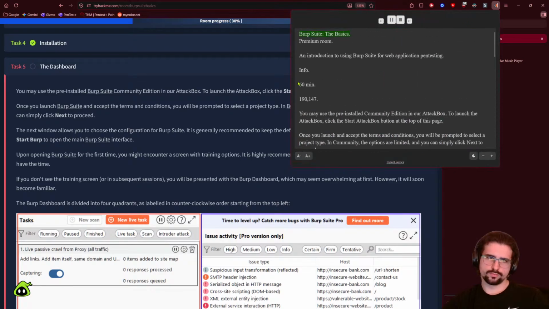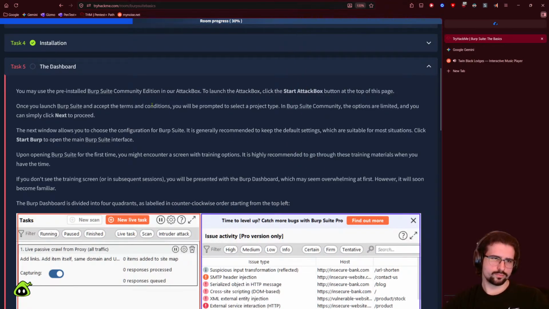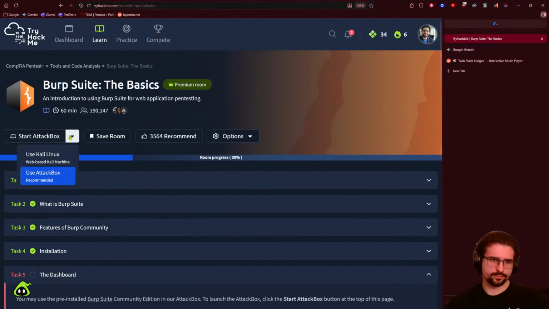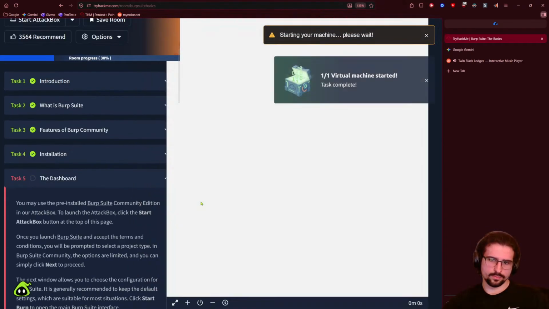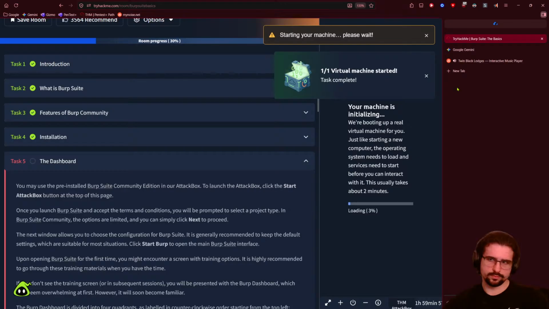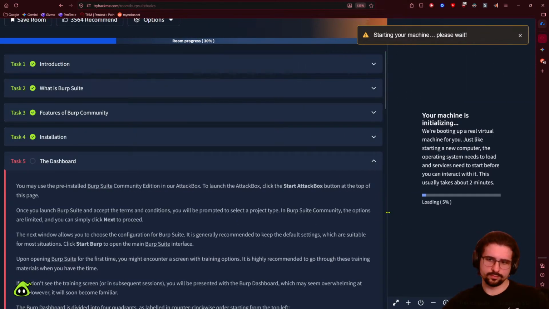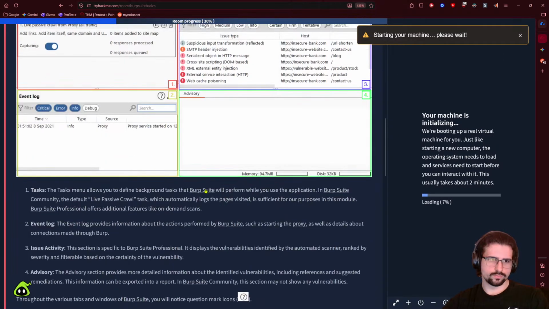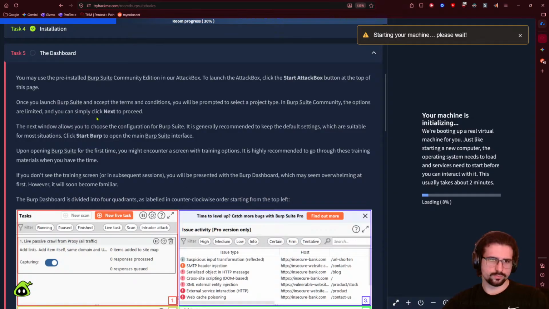Burp Suite. You may use the pre-installed Community Edition in our attack box. To launch the attack box, click the Start Attack Box button at the top of this page. Once you launch Burp and accept the terms and conditions, you will be prompted to select a project type. In Community, the options are limited, and you can simply click Next to proceed. The next window allows you to choose the configuration for Burp Suite. It is generally recommended